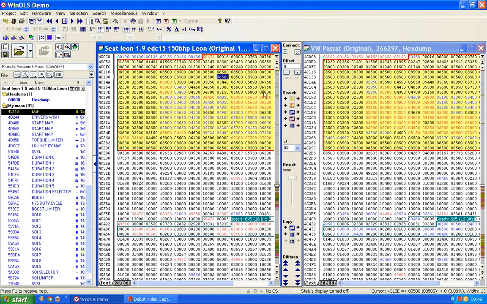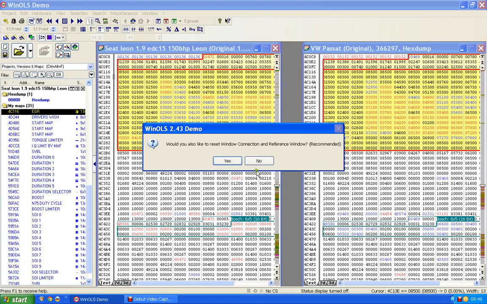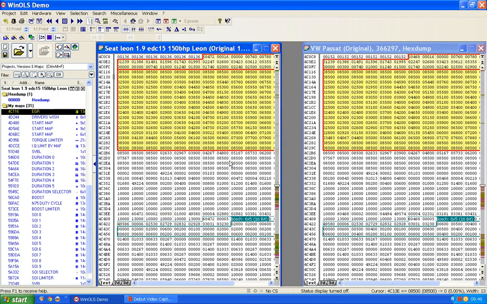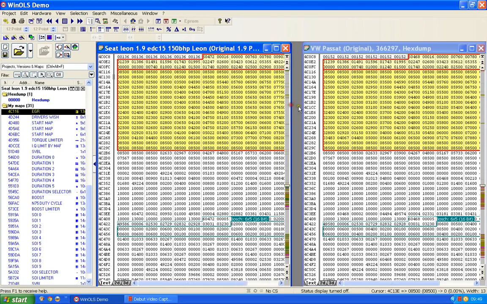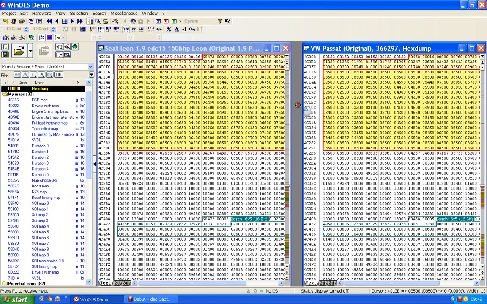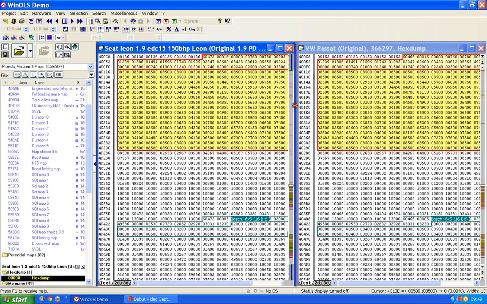Right, now, if we didn't have this view open, so if I go back and it says, do you want to reset the windows, and I say yes, notice it hasn't put them back where they were originally with one at the top and one at the bottom. It's left them side by side, which is fine. Let's see if I can get a little bit more of that one to show and a little bit more of that one. I don't understand why Windows puts them this way, because very often you can't see enough of the file you're looking at widthwise. I've never quite understood why the developers think that side by side like this is the best way to go,